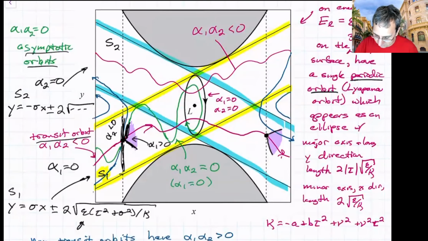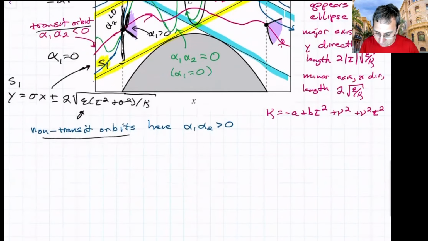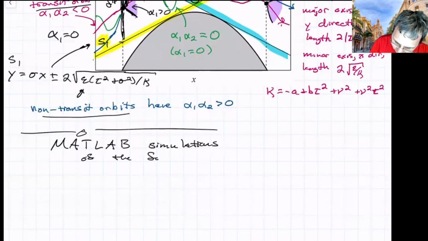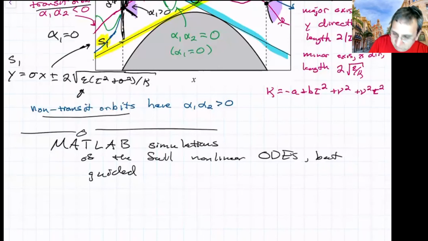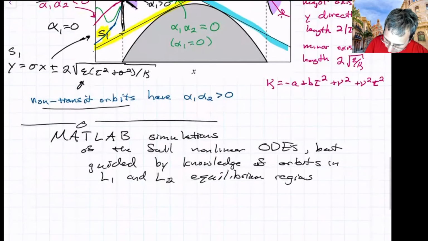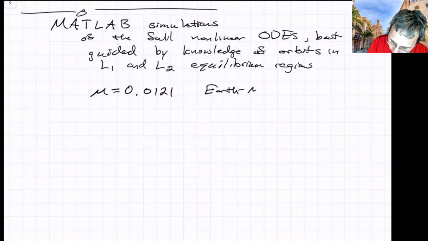So let's see. The next thing I was going to do is look at numerics. So I think we should try this numerically. We're going to do some MATLAB simulations of the full nonlinear ODEs, but guided by the knowledge that we've learned for the linear system. So I'm going to use a mu that's similar to the Earth-Moon system. A mass ratio of the moon compared to the Earth plus moon is about